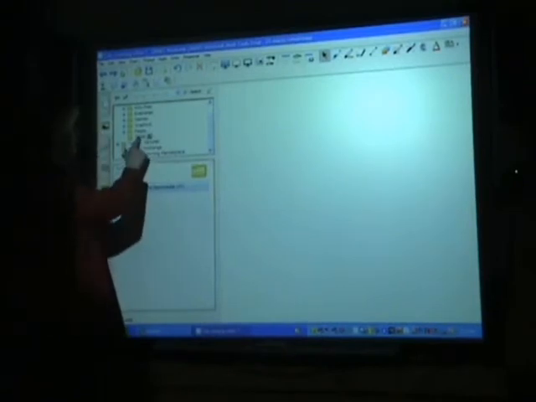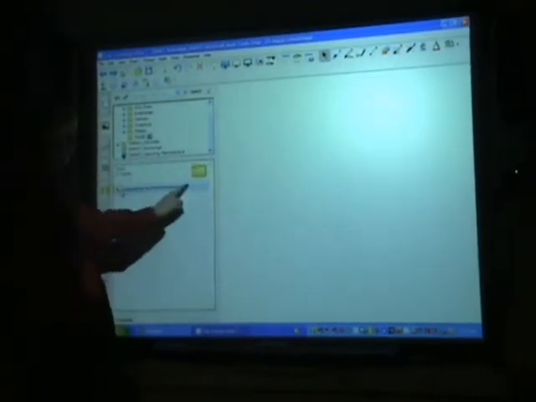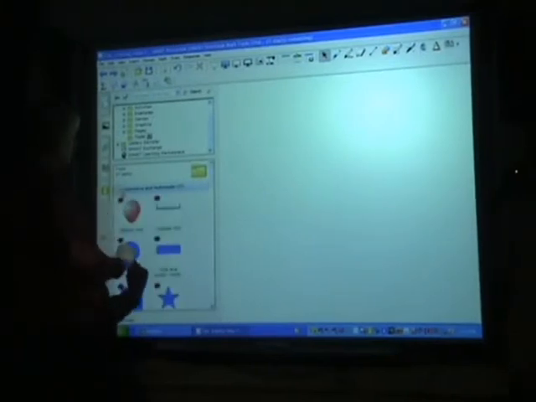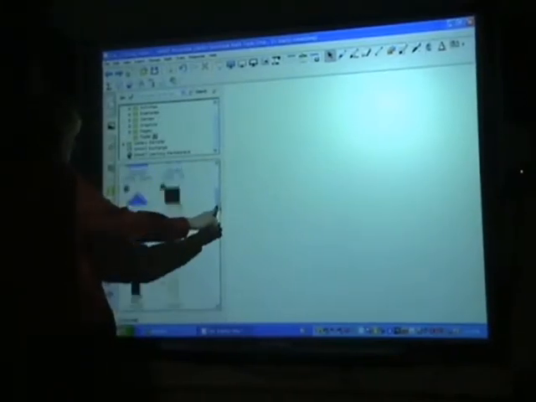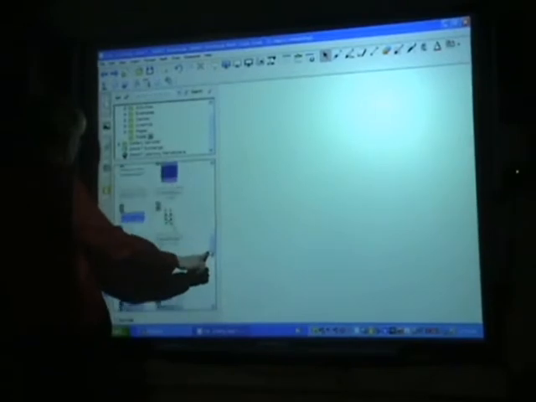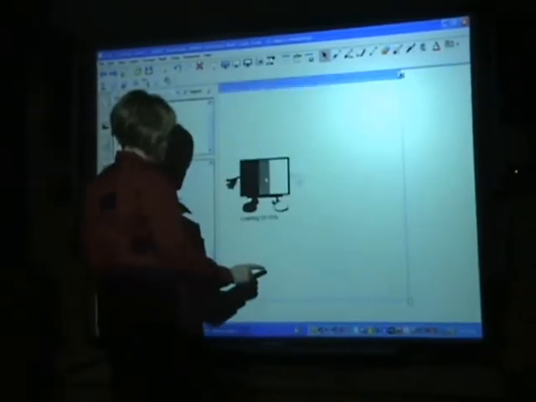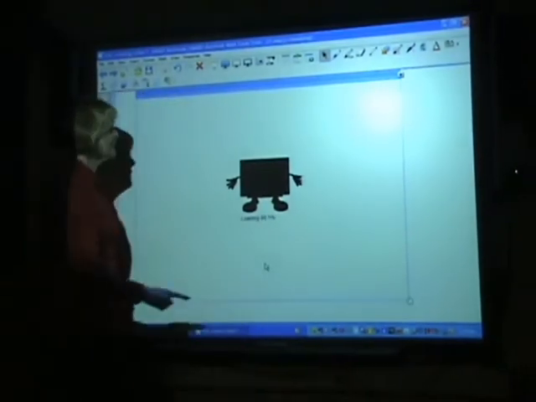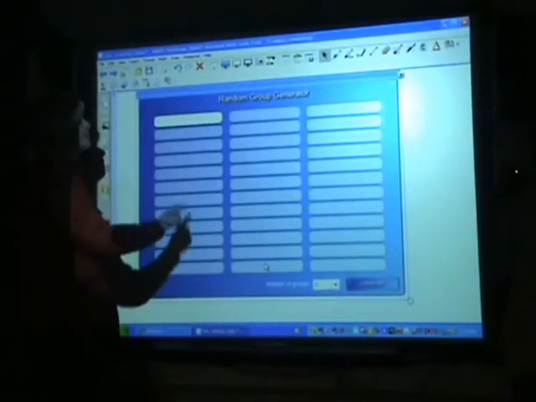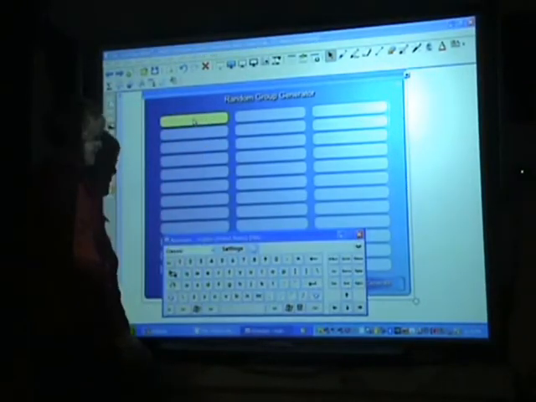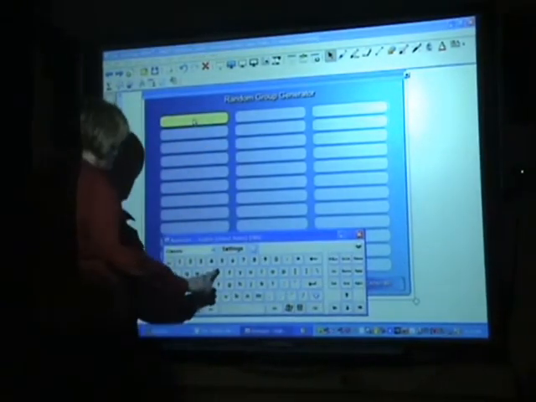What we'll do is select the tools. We have our bar. We have 37 items in the interactive and multimedia. We'll use that. Scroll down. One of my favorite things to do is the random group generator. So it's always fair. The kids don't have to worry. So I can put in text. We'll have 2 groups and